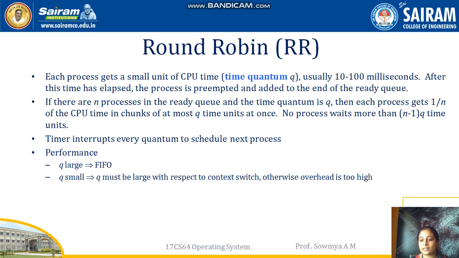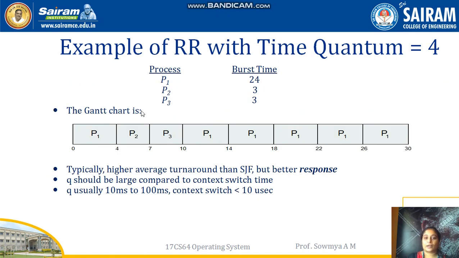Like if we consider the time quantum is 5 milliseconds, every process is given 5 milliseconds and completes the task. After completion of the task, the process will leave the scheduling queue. So in round robin, we'll take an example of the first come first serve method with round robin with a time quantum of 4 milliseconds. So we have three processes with 24 milliseconds, 3 milliseconds and 3 milliseconds, but the time quantum of the round robin method is 4 for this example.